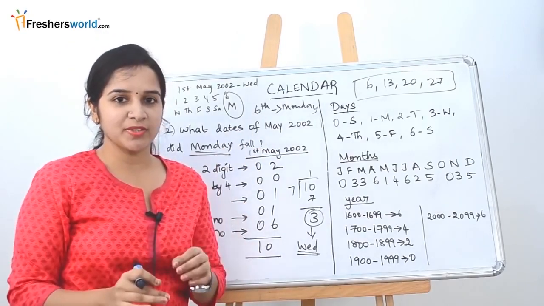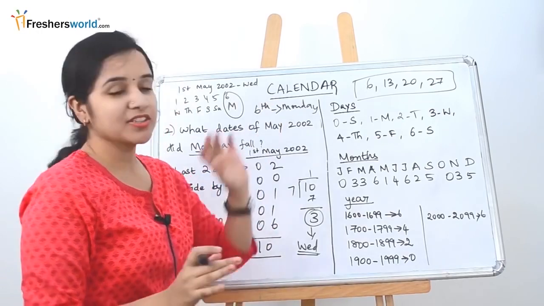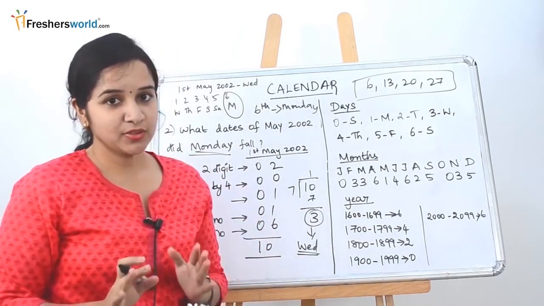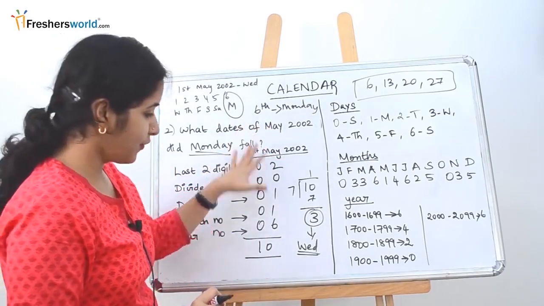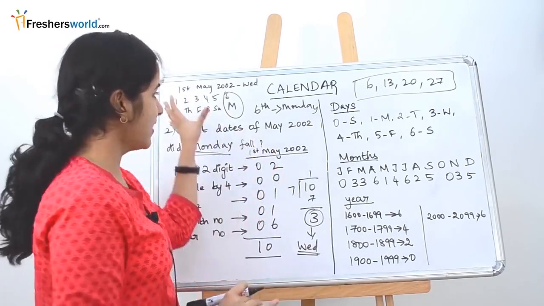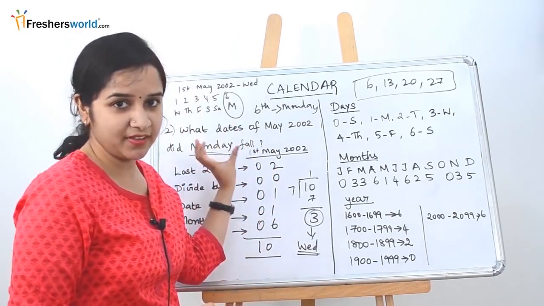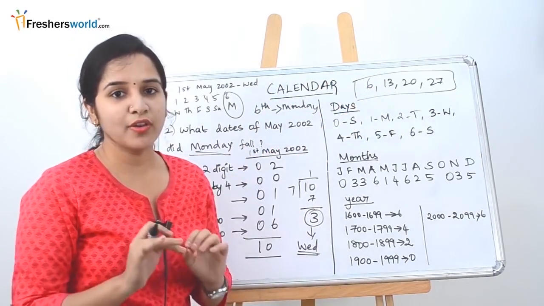So how do they give the options here? They will give you 4 different dates in all the 4 options, and they will ask you to find the correct one. So how did we do this? First, take the first of the month, whatever month they have given, and follow the usual procedure. Then put the 7 days of the week and go to the day that they have asked. Then you can just add 7 to it and find the rest of the other days. This is how you have to do this sum.